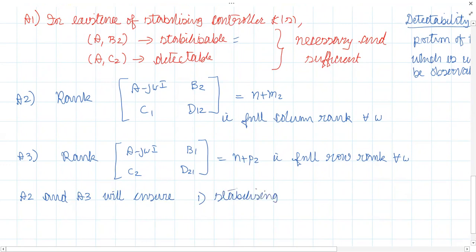Because you see, this H-infinity control is similar to a controller plus observer. Okay, what do you mean by observer or estimator? Suppose we know all the states of a system. All the states of the system should be available for measurement. But always that may not happen. In some of the states, it may be difficult to measure the state. Say, for example, in a rotating machine, you want to measure the flux within the machine. You cannot put a probe and measure how much is the flux there. What you will do, you will have to design an estimator or an observer. So the H-infinity controller is also basically a controller plus observer kind of thing. Okay, so these two assumptions, A2 and A3, will ensure stabilizing solutions to the algebraic equations.